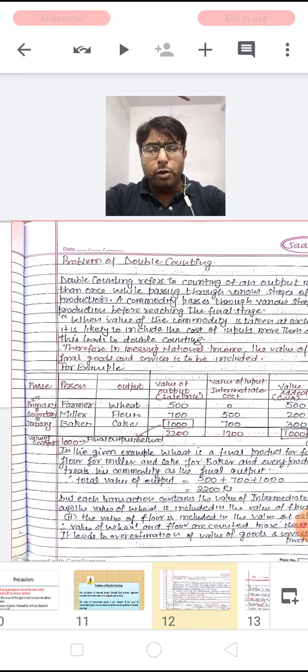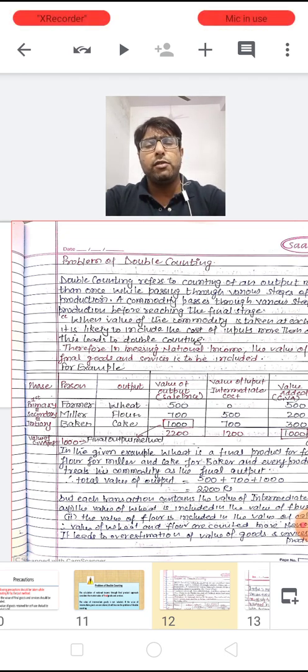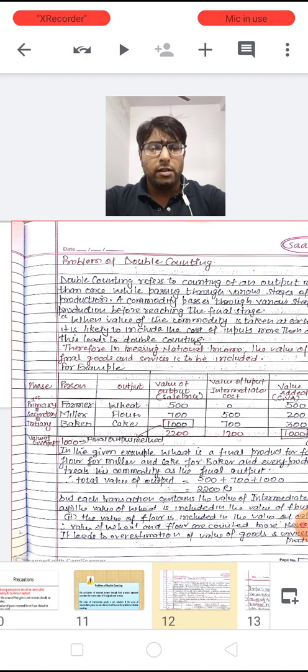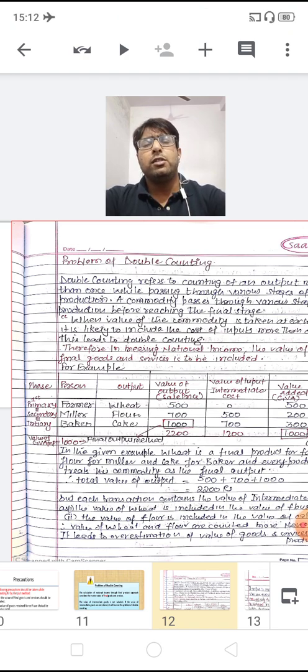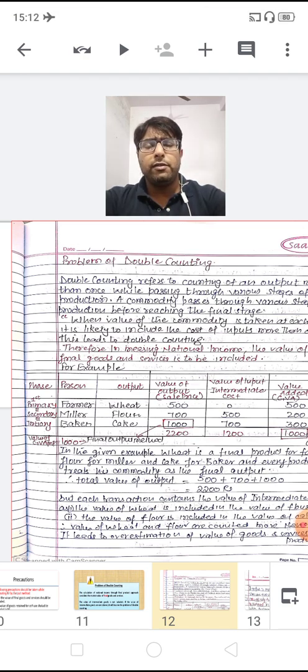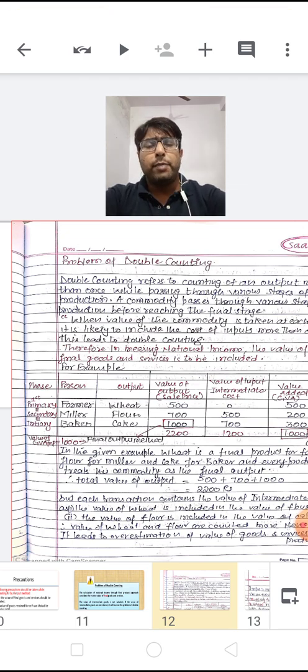Now the value of input, that is intermediate cost, will be zero for the farmer because he is not buying any raw material by which he is converting a raw material into finished goods. Whatever value is added with this production is his own work, his own efficiency, his own performance in producing the wheat. So 500 rupees is definitely the value added by the primary sector, or you can say by the farmer.